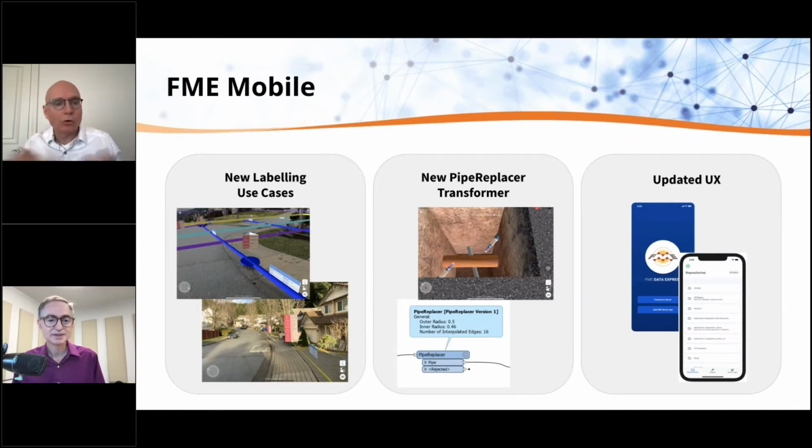And this whole space of AR is super exciting. The one thing that it needs to drive all this is data. And that's where that pipe replacer comes in. You give us any 3D or 2D pipes, and we will create a wrapper around that and do all the nice things as it goes around corners and so on. And Dimitri invented this portable hole technique, so you can basically create the illusion that you're looking into the ground and seeing those pipes. It's pretty exciting.